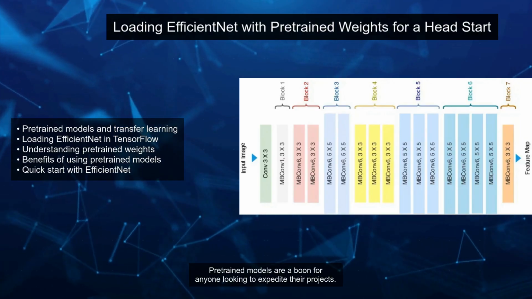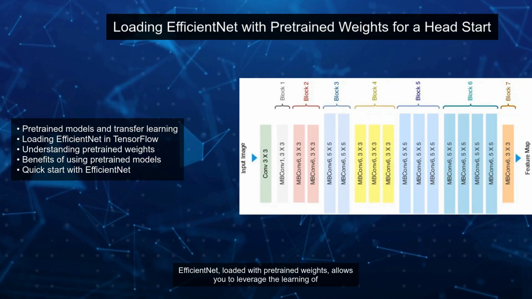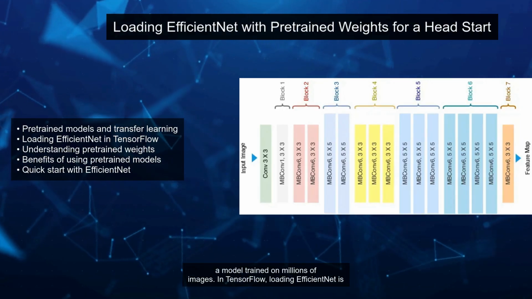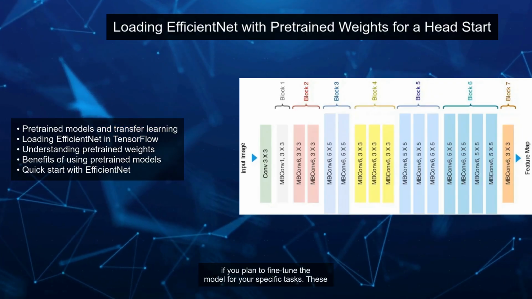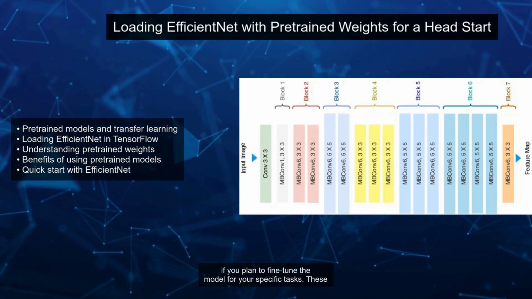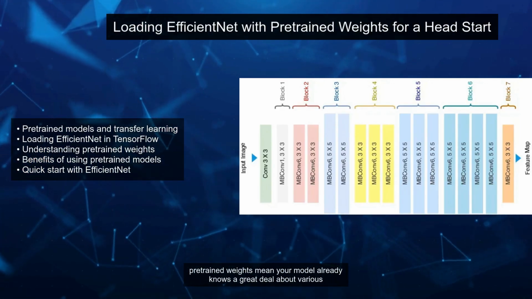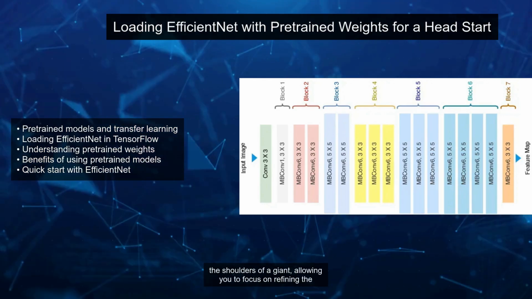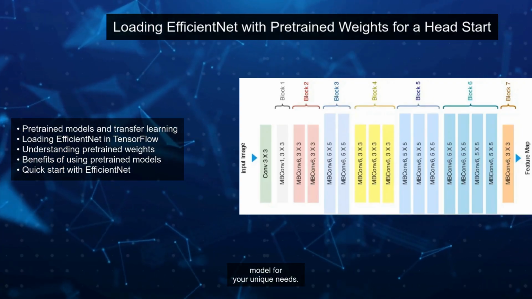Pre-trained models are a boon for anyone looking to expedite their projects. EfficientNet, loaded with pre-trained weights, allows you to leverage the learning of a model trained on millions of images. In TensorFlow, loading EfficientNet is straightforward. Simply call the model with the include_top parameter set to false if you plan to fine-tune the model for your specific tasks. These pre-trained weights mean your model already knows a great deal about various image features, giving you a significant head start. It's like standing on the shoulders of a giant, allowing you to focus on refining the model